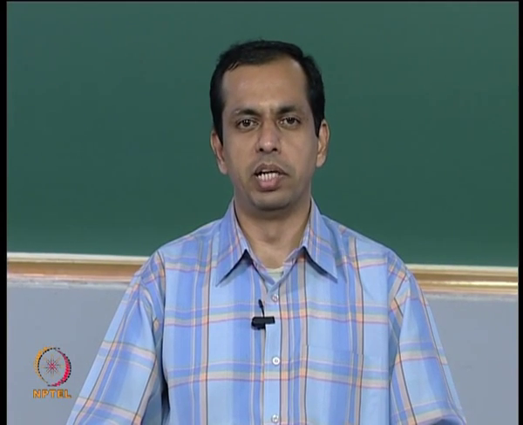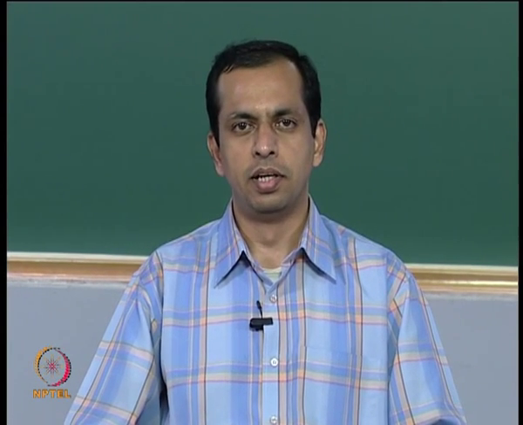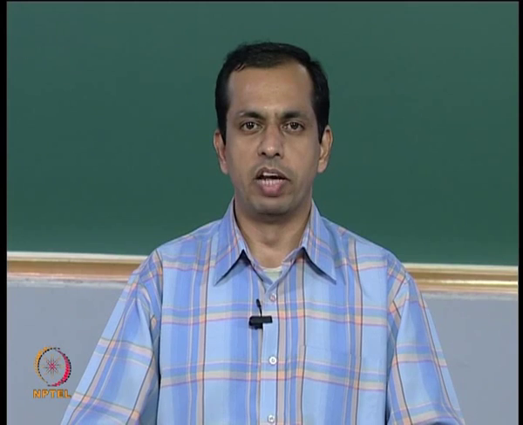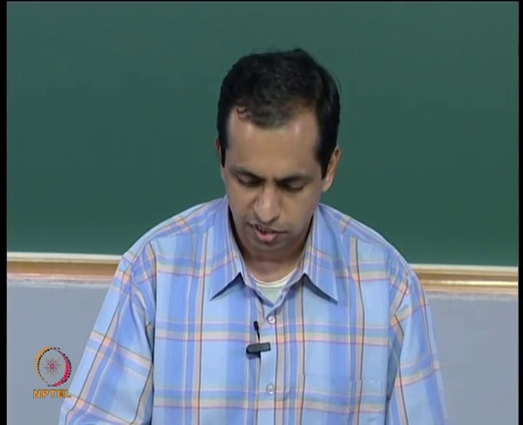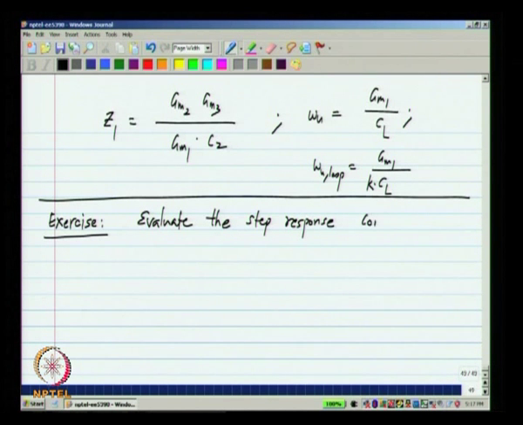So, it looks like we can make it arbitrarily low, that is we can push the 0 to arbitrarily low frequencies. It turns out that is a great disadvantage. Although the stability criterion is satisfied, there will be other problems. I will not evaluate this completely analytically. What I suggest that you do, you take it as an exercise and you evaluate the step response corresponding to the transfer function that we have.